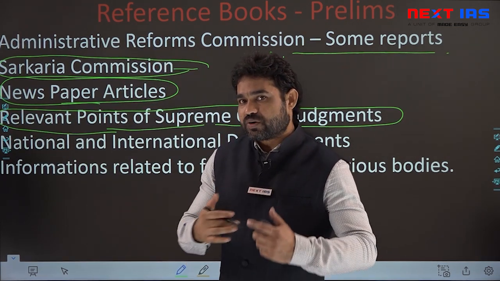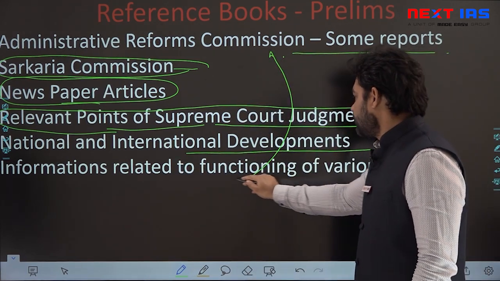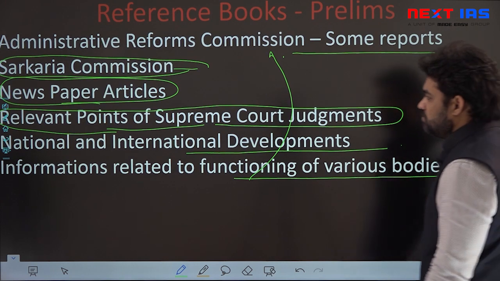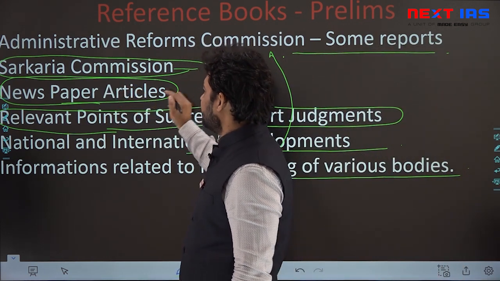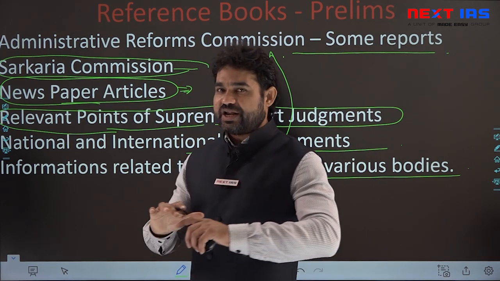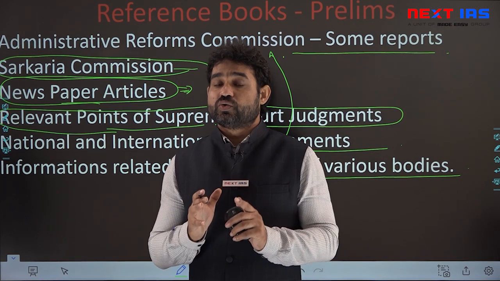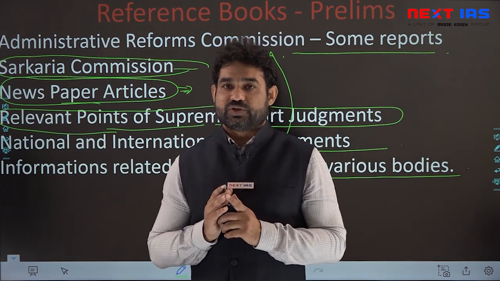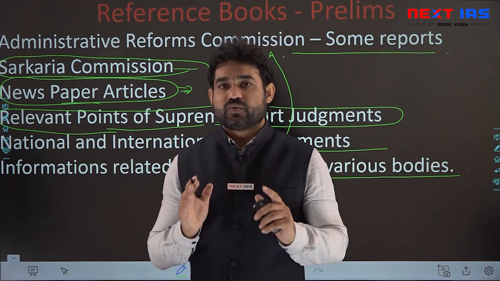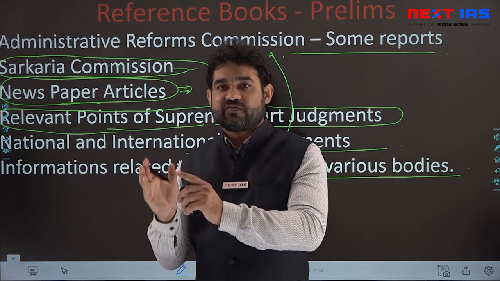The various important things highlighted there, national and international developments, as well as information related to the functioning of the various bodies. So these are the various sources of information. For example, newspaper articles help you a lot in understanding the various facets of a particular issue. For that, you can refer to the various articles written by different individuals pertaining to the particular issue. Newspaper articles shall only be a source of information for you,